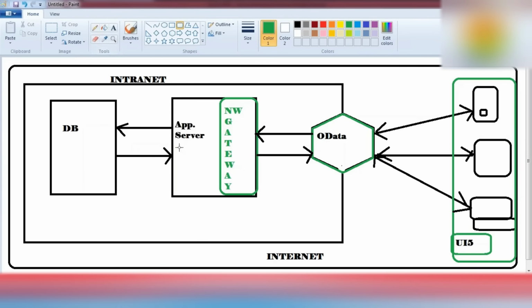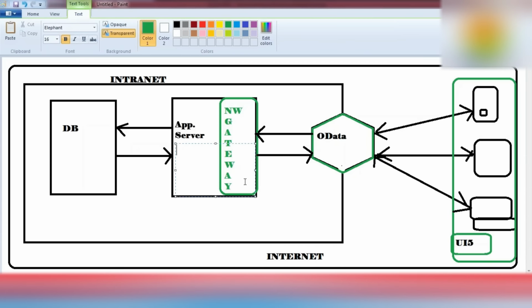And one more thing: in the application server, previously in the R3 architectural design, all the different database operations, then calling a BAPI or function module, or any other screen-related thing like different events,